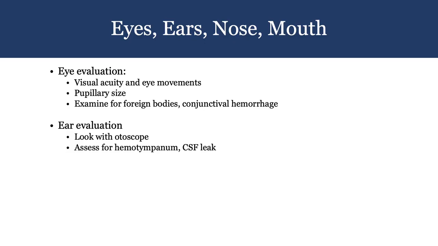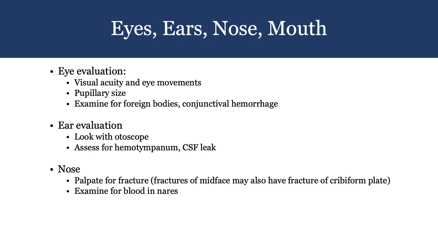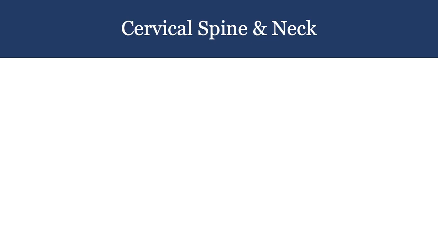We want to look out for bleeding from the orifices of the ears as well as leakage of cerebrospinal fluid in these orifices. We examine the nose. We palpate for fractured parts of the nose and then examine for blood escape from the nares. We examine the mouth. We inspect the teeth for any lost teeth. This could be lodged in the airway and causing trouble, and we look for any other foreign bodies in the